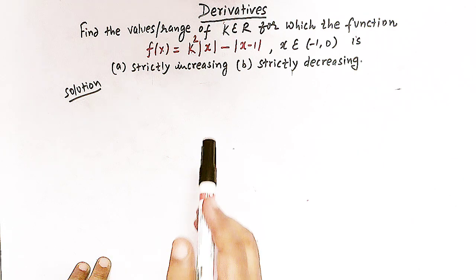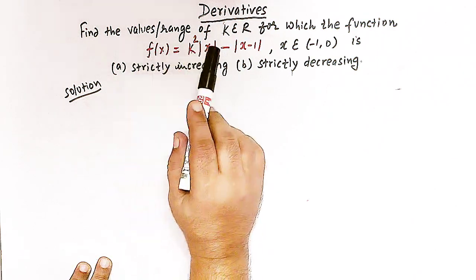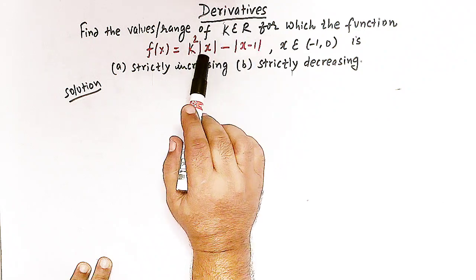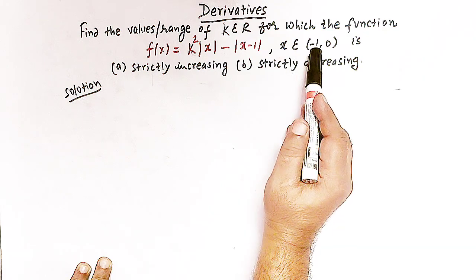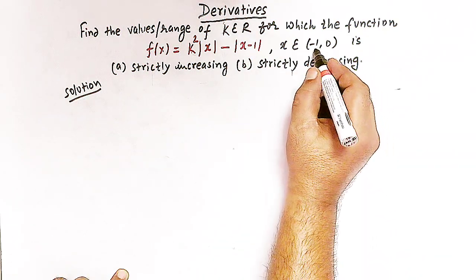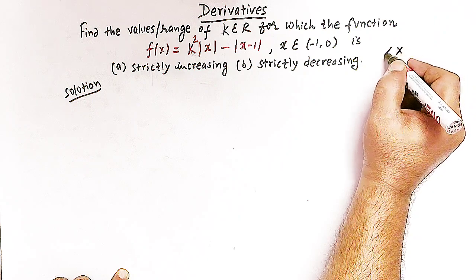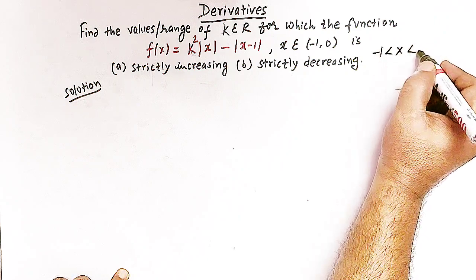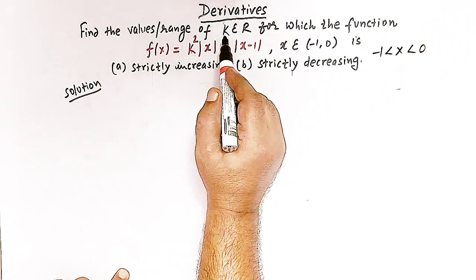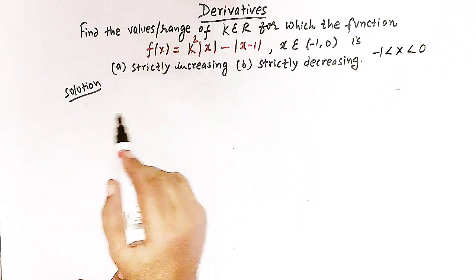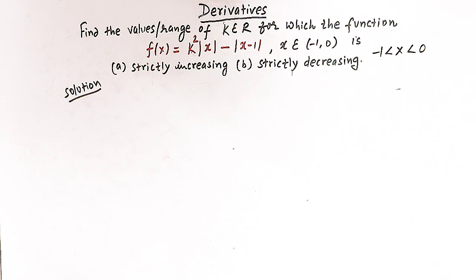So here we have a function f of x which comprises of two mod functions, mod of x and mod of x minus 1, and here x belongs to the interval minus 1 comma 0. It implies x is greater than minus 1 and less than 0. And here we have to find out the values of k for which this function f of x is strictly increasing and strictly decreasing. So we'll solve this problem with the help of the definition of absolute value function or